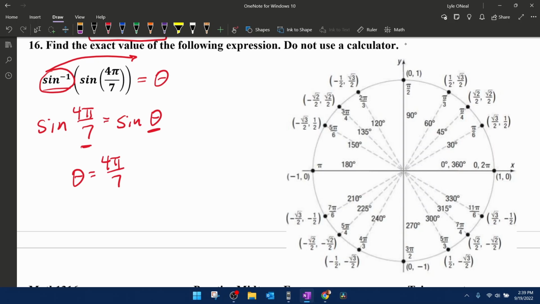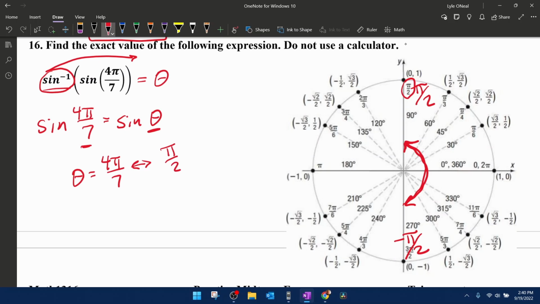Now, inverse sine can only produce angles from negative pi over 2 to pi over 2. So our angle has to be within this range of values for it to be a correct answer. 4 pi over 7 is not within this range, okay? And I can prove it because pi over 2, at 90 degrees, if I convert that to an equivalent fraction so that I can compare these,